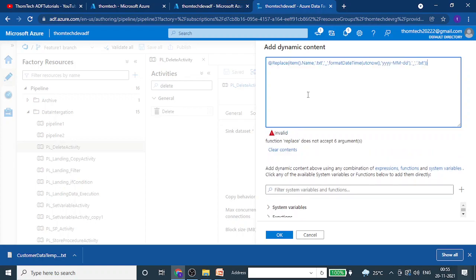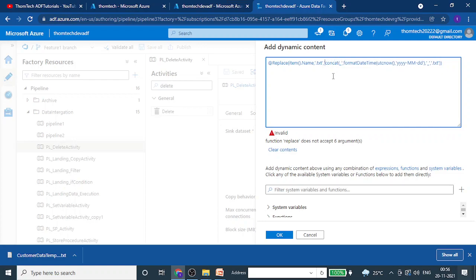Okay, so I think something has happened. Let's see, replace this one, replace file name with this. Okay, I got it. Oh, I got it. So I think that's a type of scenario that can come to anybody. See, I'm trying to join this underscore with the format date, right? So I should have used a concatenate function over here. Okay, sorry for that. Let's use a concatenate function over here.